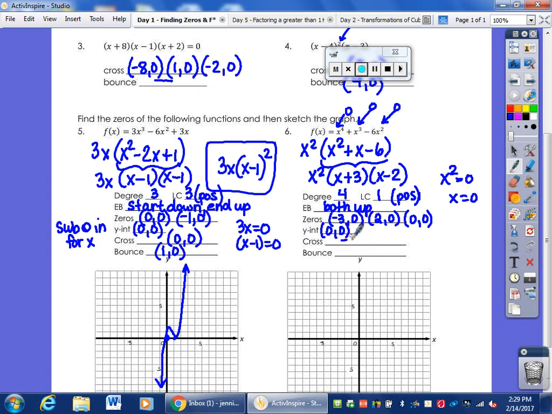So it's going to cross at the negative 3 and at the positive 2, and it's going to bounce because this is a square. That's a bounce right there. And it's going to bounce at 0, 0. So negative 3 and positive 2 are crossing, and it will bounce here. So if it starts up and ends up, it's going to look like this W, probably. It's going to look something like that, where it bounces off and then